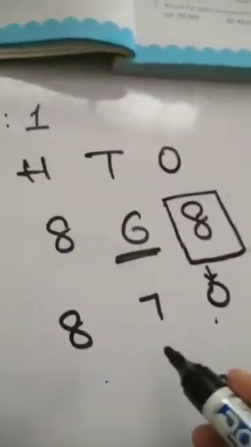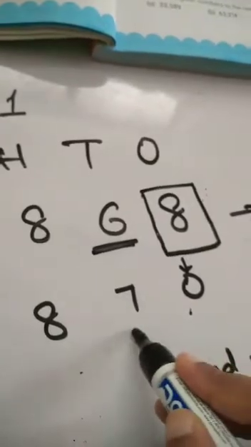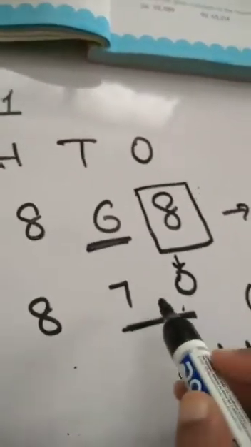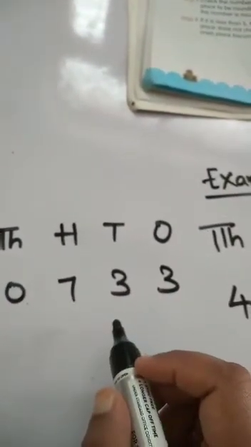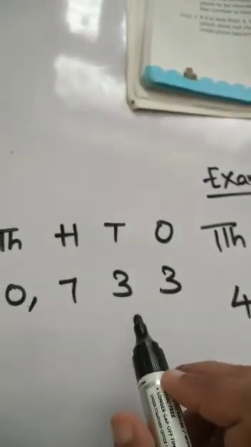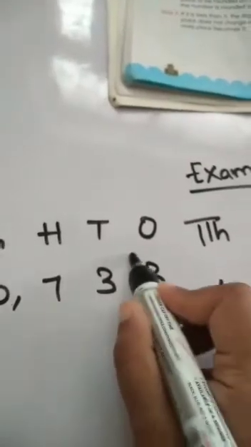So here the nearest number is 70. 70 is the nearest number, so it is 42,870. One more example: 10,000, 1,000, 100, tens, ones. The number is 2, 0, 7, 3, 3. Same as before, we mark the periods. 20,733, and we identify the place to be rounded and the digit on its right.